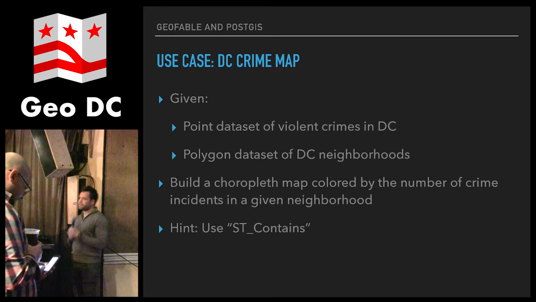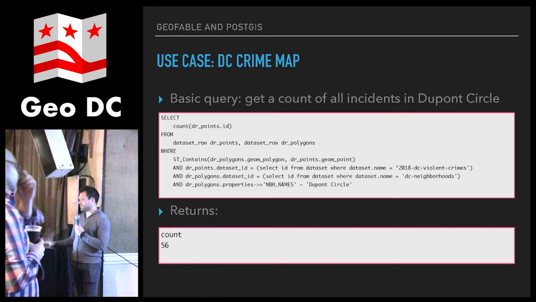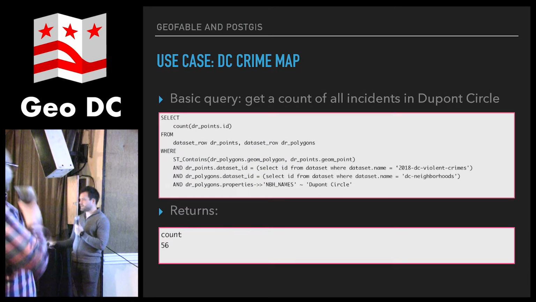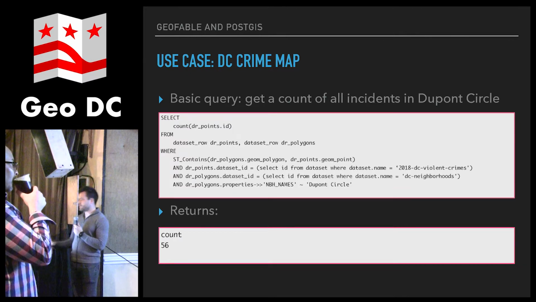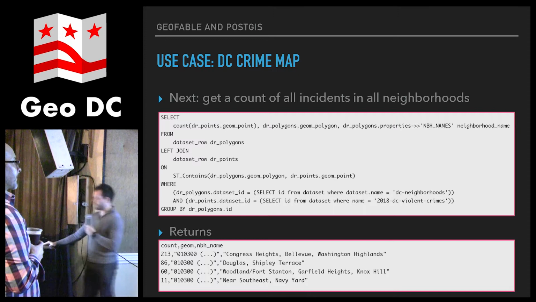point data that shows crimes in Washington, D.C., and a timestamp and a lat long, and then you have polygon data of the D.C. neighborhoods. So we want to build a heat map of that data. So what we're going to do is do a spatial join. This is a kind of a precursor warm-up example. This would just get the crime count in one neighborhood, and then using this join, we could get the crime